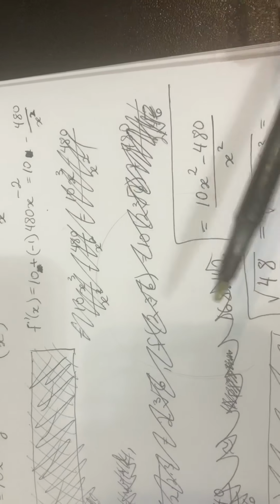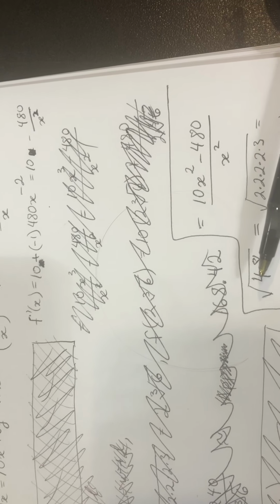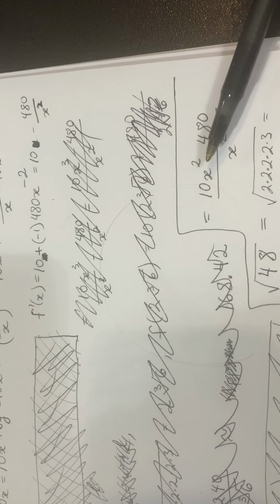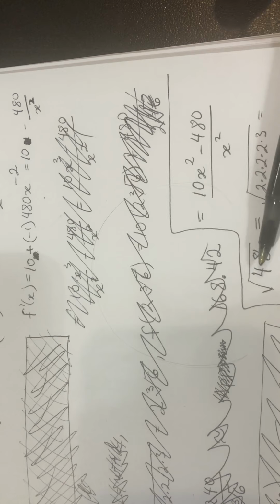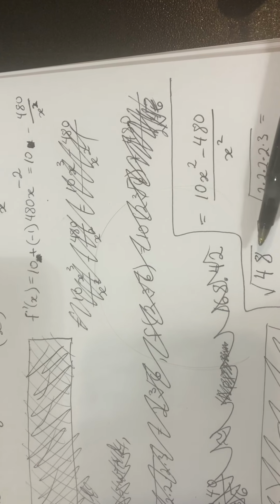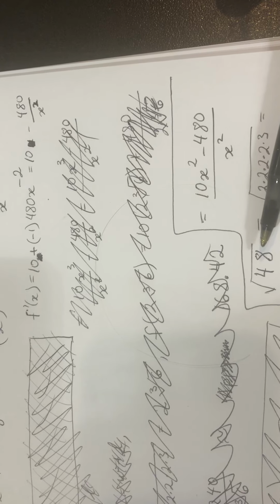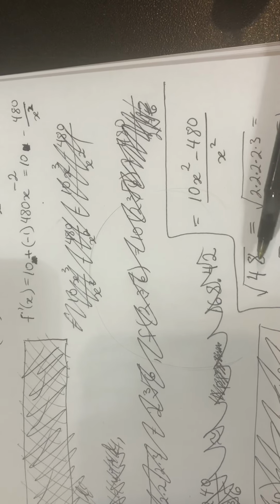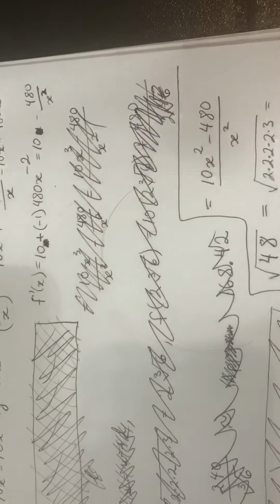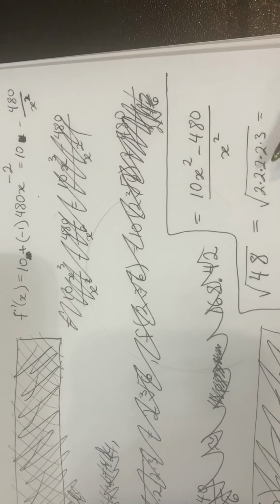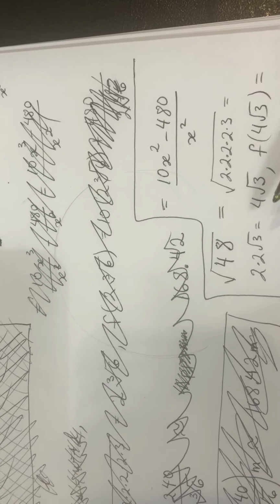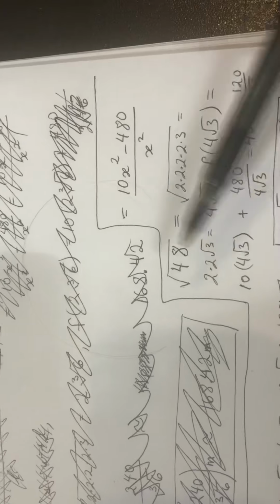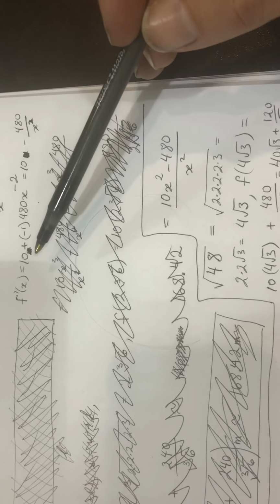Obviously, the numerator is equal to 0 at the square root of 48. And obviously, the numerator is negative if x is less than the square root of 48, and it's positive if x is greater than the square root of 48. So obviously, f has a minimum when x equals the square root of 48. But the square root of 48, well, 48 is equal to, let's factor that into primes, 8 times 6, which is equal to 2 times 2 times root 3, which is equal to 4 root 3. Let's plug in 4 root 3 to f. f of 4 root 3 is equal to, going back to our expression for f,